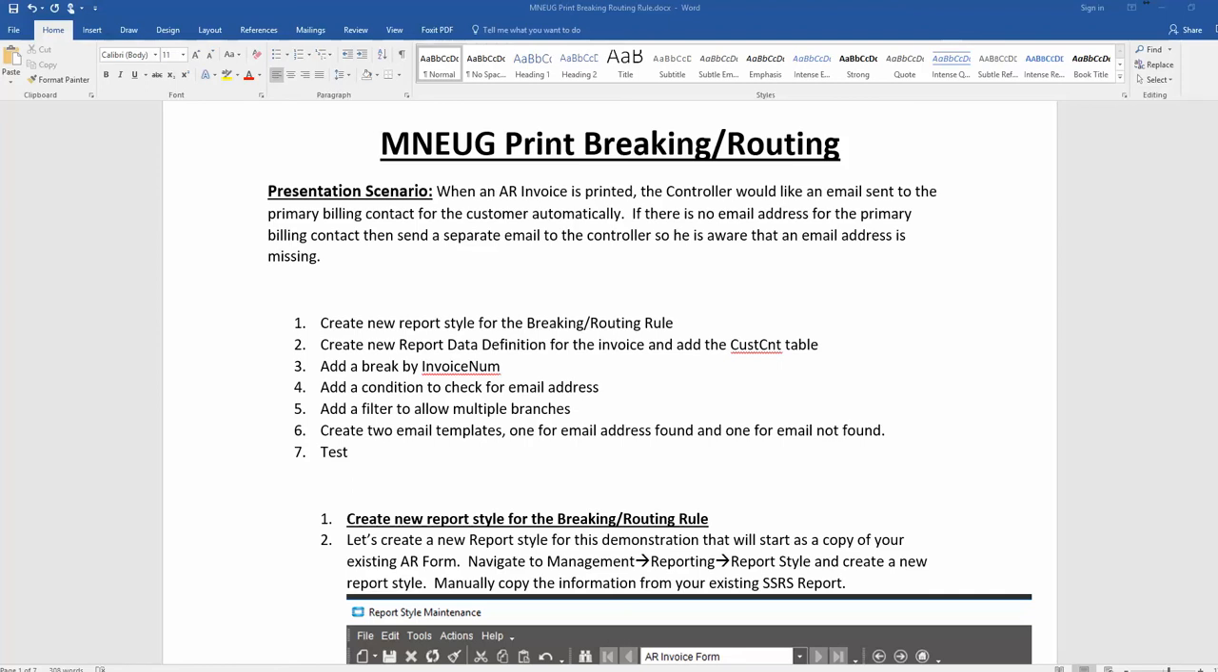I'm going to do a little presentation here on how to do print breaking and routing. The scenario I have is actually from an actual customer of mine, and they have very kindly allowed me to use their pilot instance. They're a SaaS customer, and so I'll be using the pilot instance on their system. So you may see their name. It's American Flexible Products